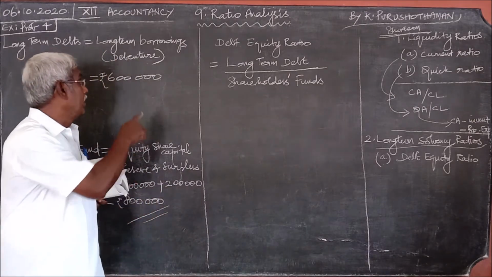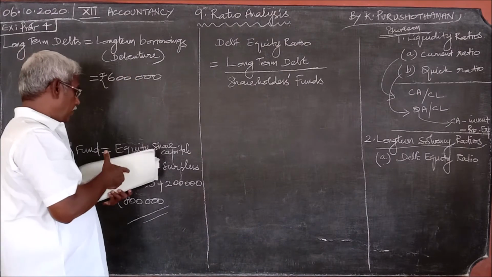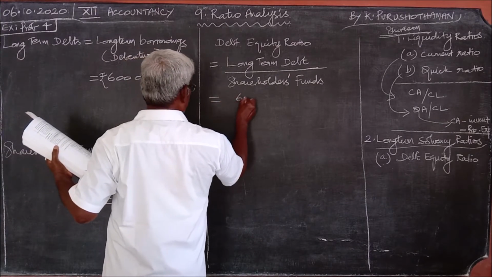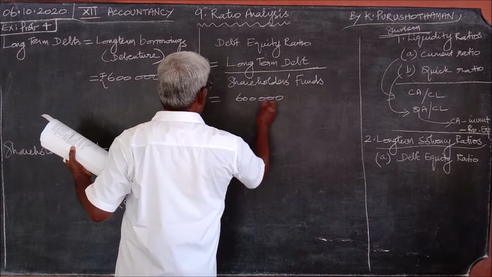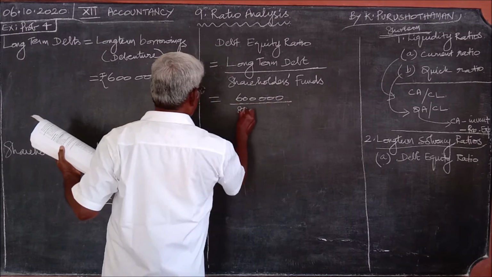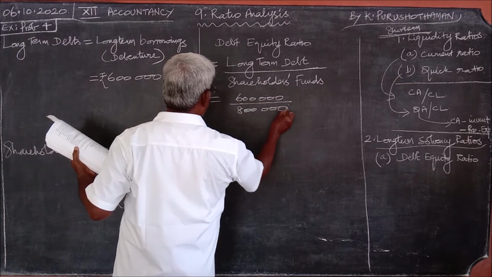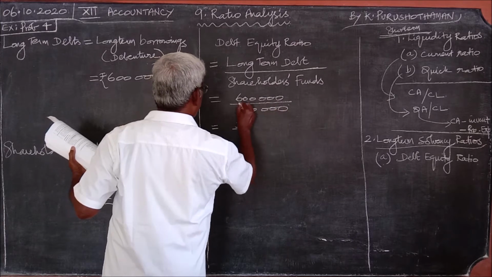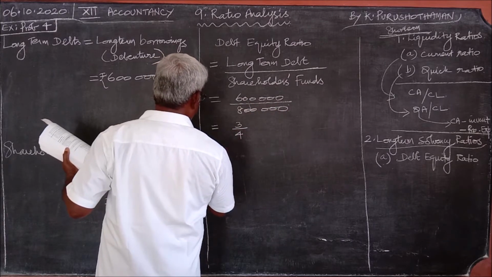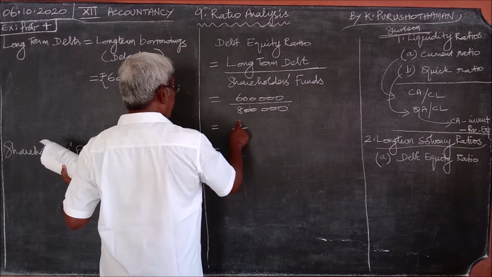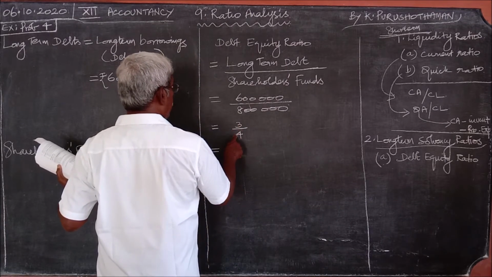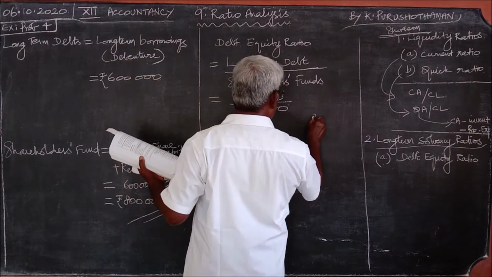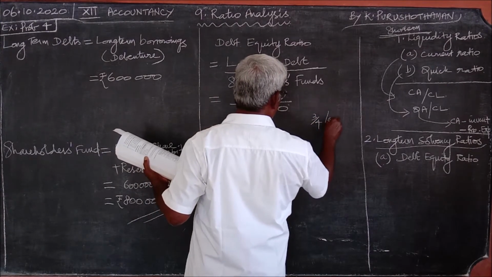You should understand the meaning of this dimension. Okay, now we shall continue this. What is the numerator amount? 6 lakhs, divided by shareholders fund 8 lakhs. This is equal to 3 2s, 5 zeros are cancelled, 3 2s, 4 2s. What we should do, I told you already, divide both numerator and denominator by what? Either by 3 or 4, by the denominator amount. So what you can write? Numerator by 4, denominator by 4.